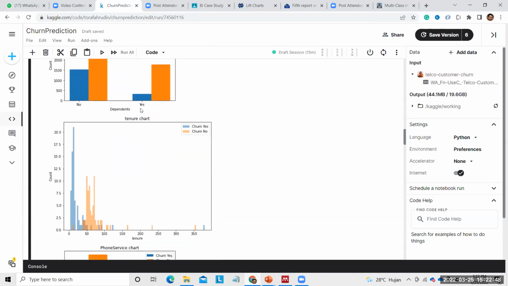Okay. Now, how about tenure? I think it is interesting. We can see that the customers who churn stay for not more than 50 days.